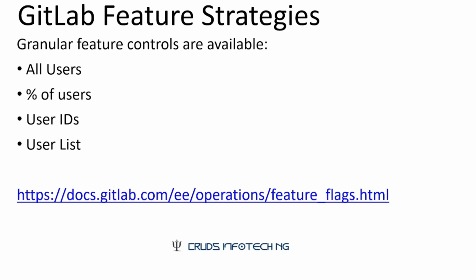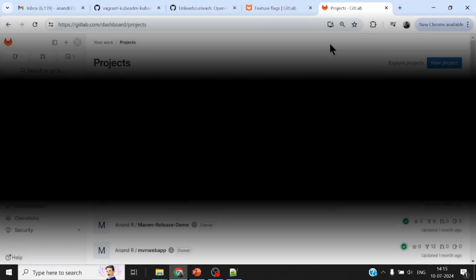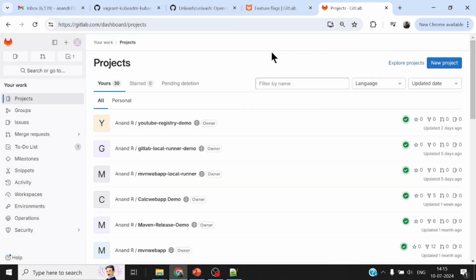Based upon the criteria, these feature flags can be enabled for all users, or maybe a percentage of users. How to identify which users, do they have any personal attributes and so on? A bunch of granular control is provided by this feature toggle. I will pick a very simple exercise just to highlight the on and off feature. Let me first create a GitLab repository, a new project,